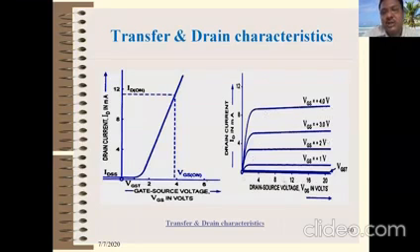So this is the drain characteristics graph. Similarly, the transfer characteristics were also explained. This is for the N channel. For the P channel, this transfer curve is exactly on the opposite side, right? Because at that time VGS should be negative. So for the P channel, this graph is on the negative side, basically in the second region. So that is about the transfer and drain characteristics.